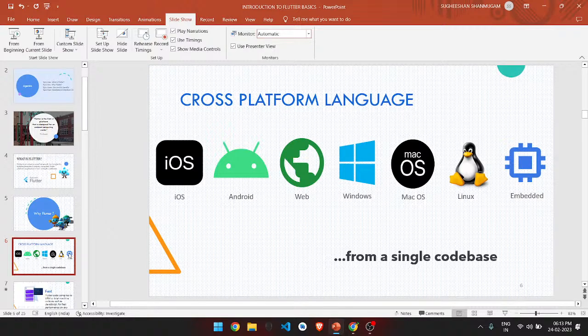the coding part. So how is Flutter cross-platform? Flutter code can run on desktop, mobile, and web platforms. So you don't need to hire developers for each platform. You need to write the code only once in Flutter, and you can rest assured that the app will work across the other platforms. So Flutter is cheap.